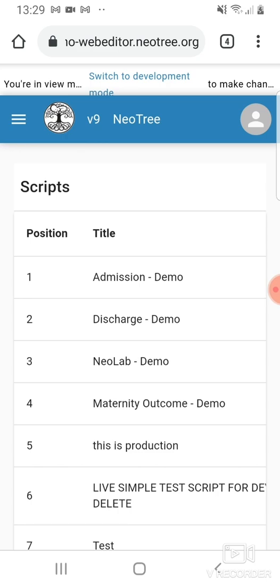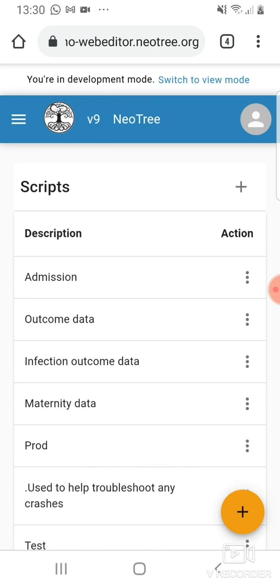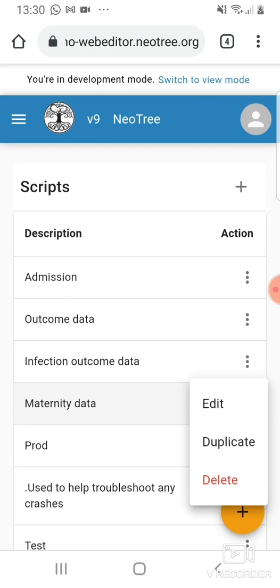Really encourage you to try whatever you can. You shouldn't be able to break it, and just really get an understanding of how these scripts have been pulled together and how they display within the app. So let's start off with the maternity outcome script, and first of all we need to move into development mode. So again, at the top of the app we switch into development mode, and here we can enter the 3-dot menu buttons on the maternity data script, hit duplicate,